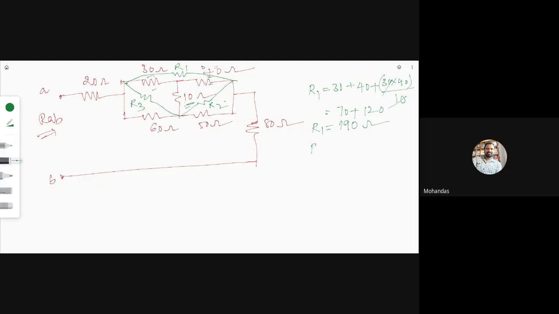Likewise calculate R2. R2 equal to, R2 కి adjacent ఏంటి? 10 plus 40 plus 400 by 30. సో క్యాలిక్యులేటర్స్ రెడీగా పెట్టుకోండి. 400 by 30 అంటే ఎంత వస్తుంది? 400 by 30, 13.33 plus 50 అంటే 63.33 ohms. Next,